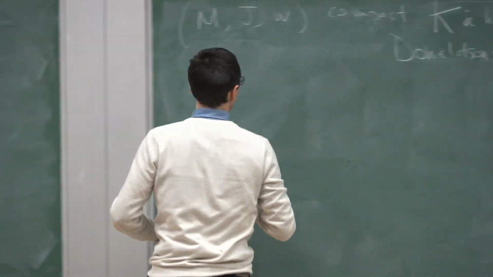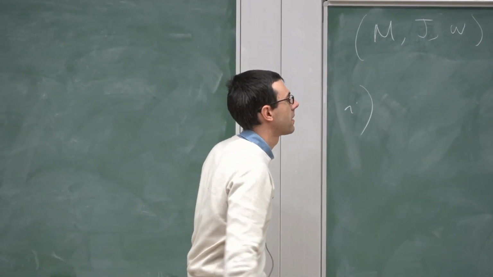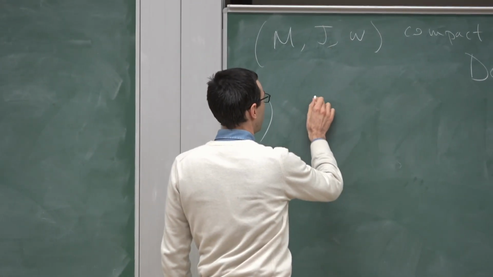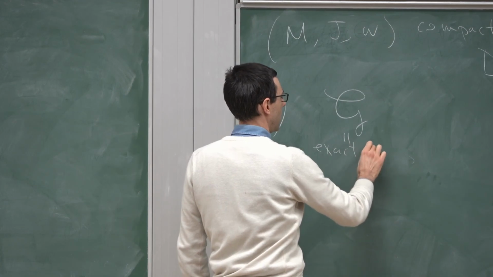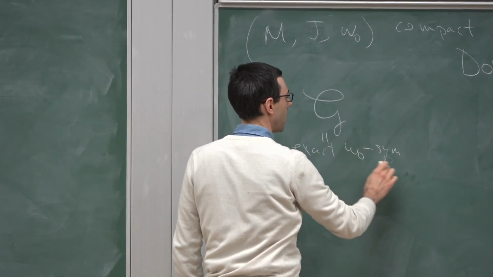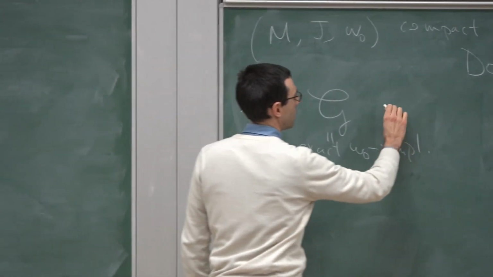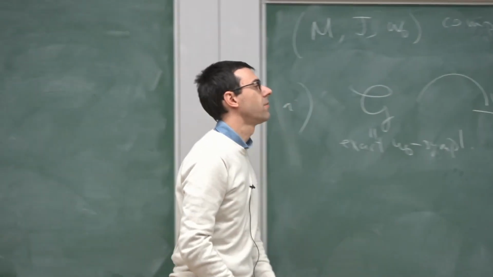So the first part of this is what we discussed yesterday: if you have the group G of exact omega, or maybe let me call this omega naught, symplectomorphisms, and this is going to act on this infinite dimensional